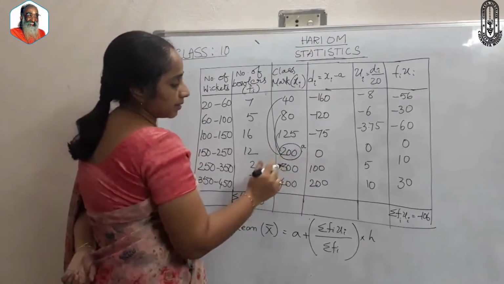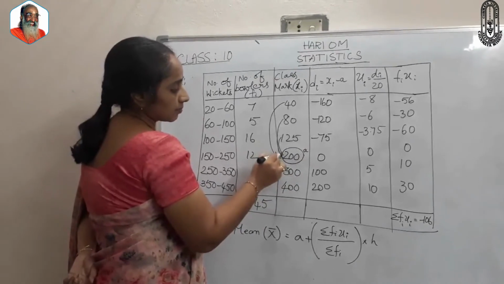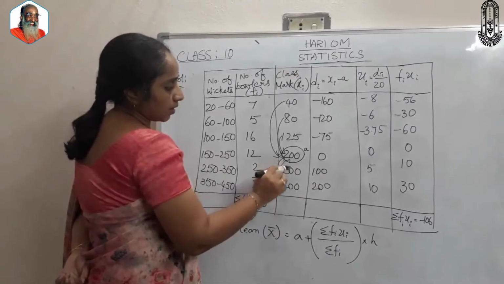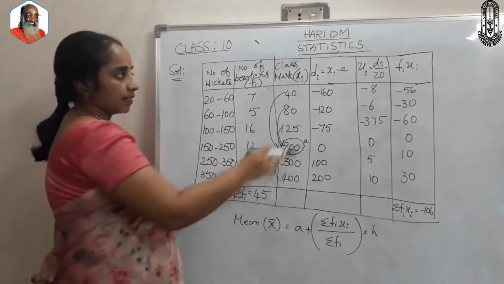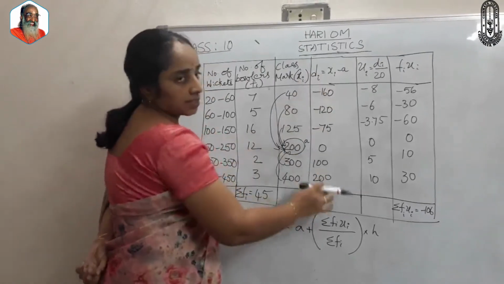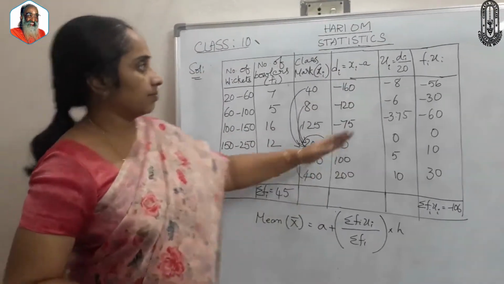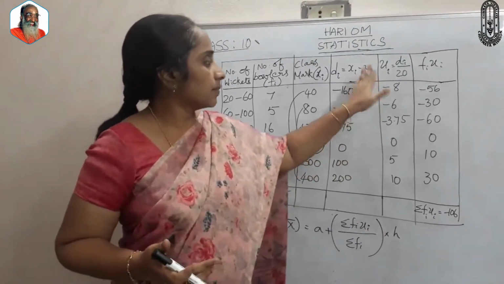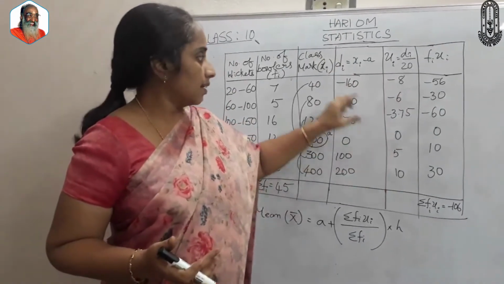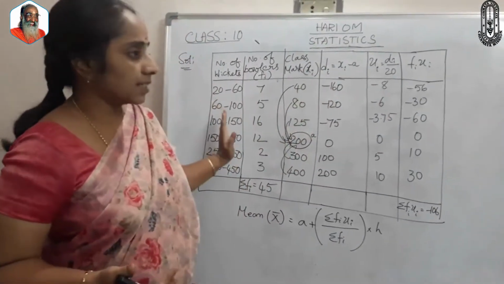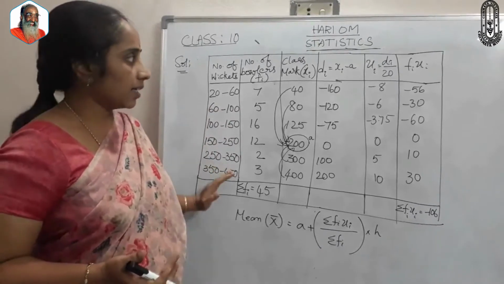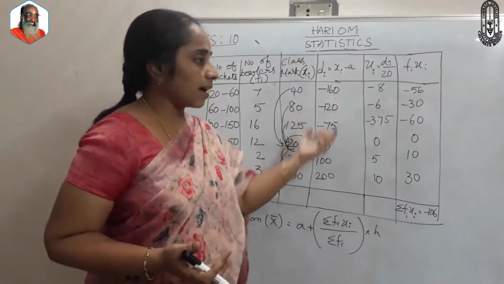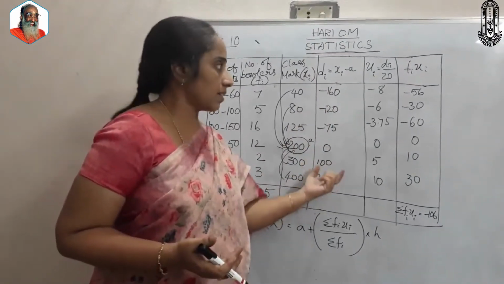300 minus 200, 100. 400 minus 200, 200. These are the DI, deviations. Next, UI. While calculating UI, here the divisor we can take as its class interval if it is same, or else once observe these DIs, almost all the values are divisors of